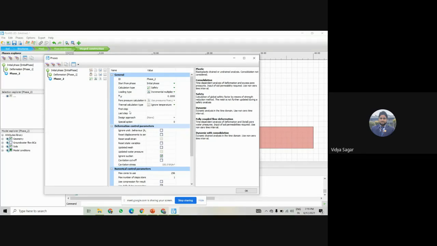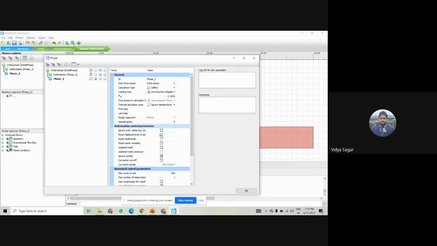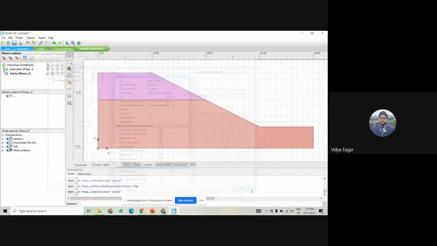And the loading type is this, the factor is all 0.1, and these will all be the same. So I want to check this, reset displacement to 0. This we have to check. So now we have created phase 2 as safety. I am writing inside the safety phase. Okay. And click on OK.